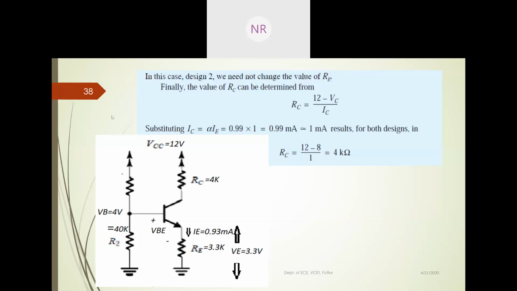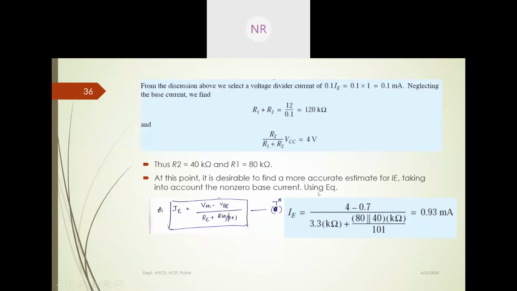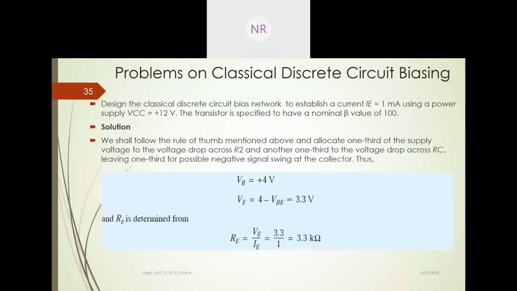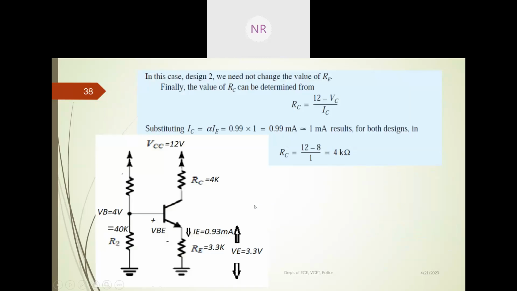So after calculating all these values, finally you need to draw this figure and mention all the values. I hope it is understood. So let us recall once again what all you need to calculate. First, you need to calculate all the resistor values. First they have calculated the RE value, by using VE by IE, but we don't know the VE value. So let us calculate VE. VE is nothing but, from the diagram, see, this is VE.